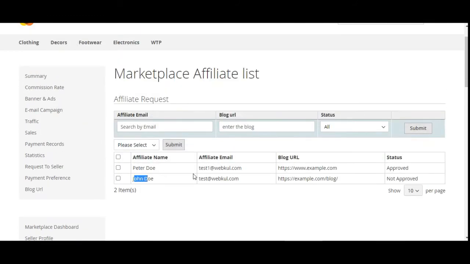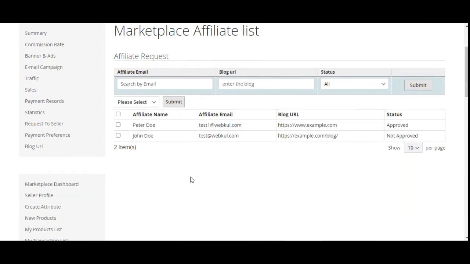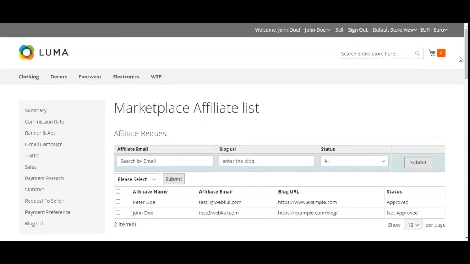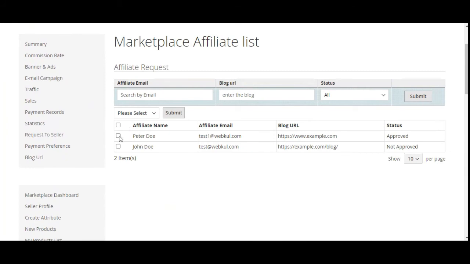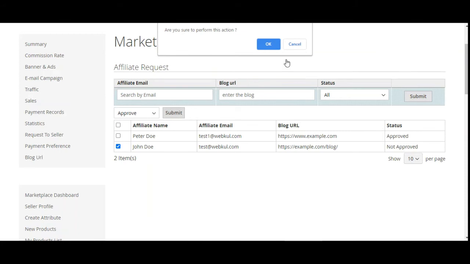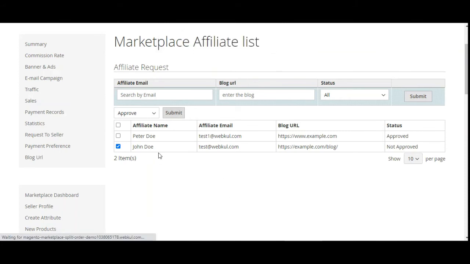Here you can see the different requests that have been made by the marketplace affiliates to this particular vendor. The vendor can search the affiliates using their email, their blog URL, or their status as well. You can also change the status by choosing the particular affiliate. So this one is approved, so we'll choose this one, and from the drop down we can delete, approve, or unapprove. I'll choose approve and tap here on the submit, and then OK on the prompt, and